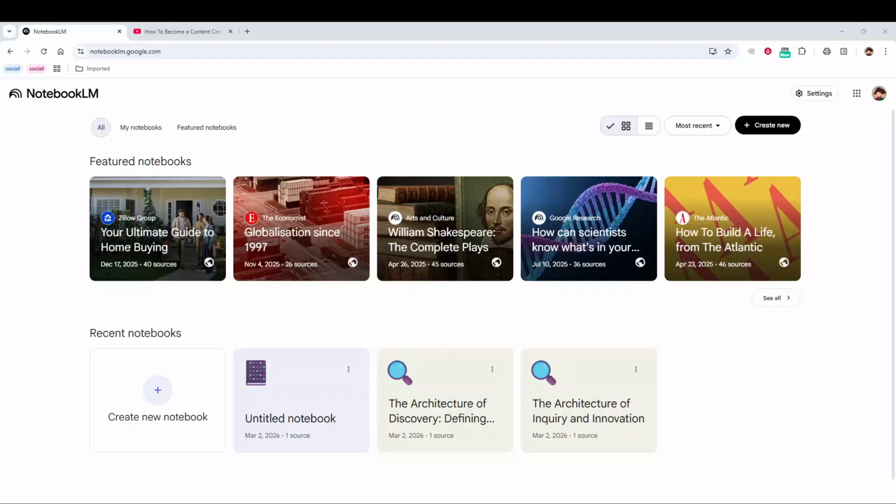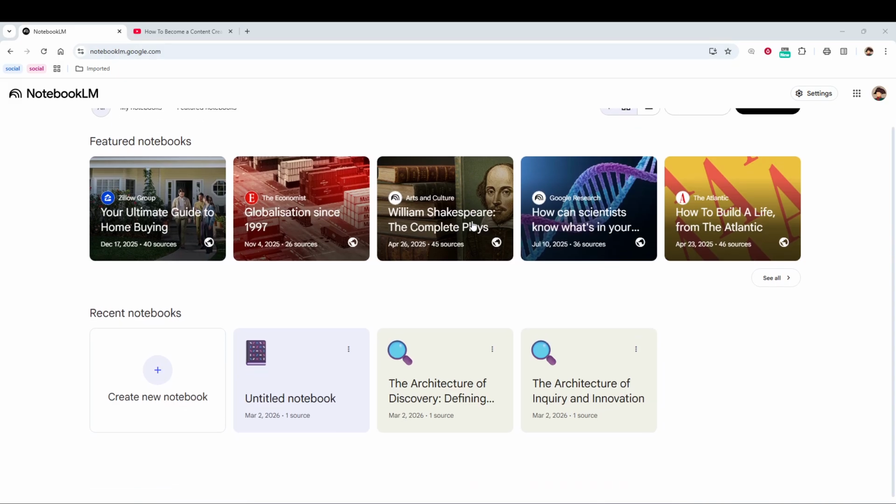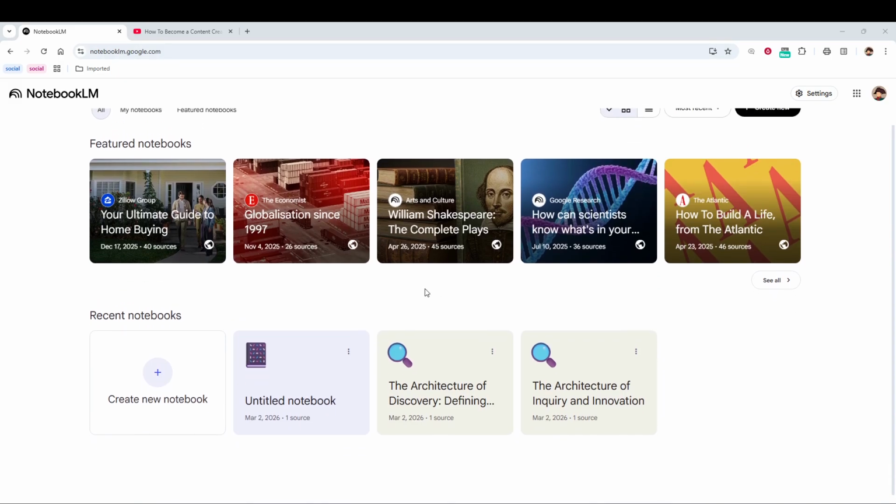In today's video, I am going to teach you how to use Google Notebooklm to create content. Start by opening your web browser and going to the Notebooklm website. Once the page loads, you will land on the main dashboard. This is your starting point for creating a new workspace where you can gather information, ask questions, and produce content